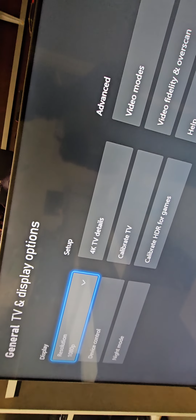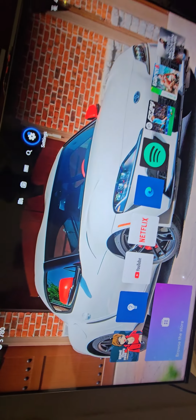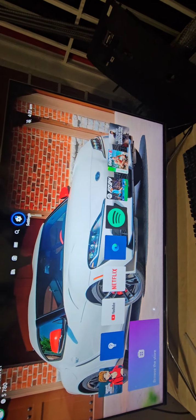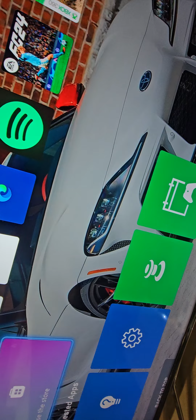Settings, display and TV options. Now we've got 4K UHD. Ooh la la, this is nice. So yeah, this is fixed, guys. As you can see, 4K UHD. And then we go back to the menu, we get something better. So yeah, this explains why this person wanted their console fixed, because you can see there's